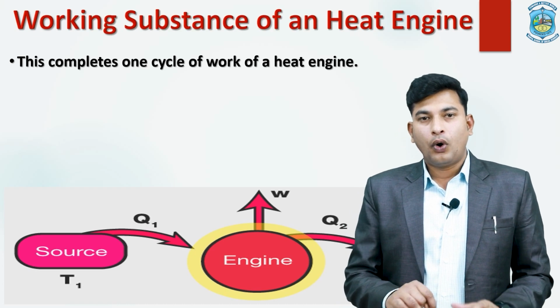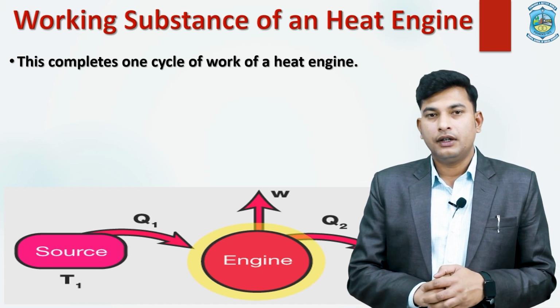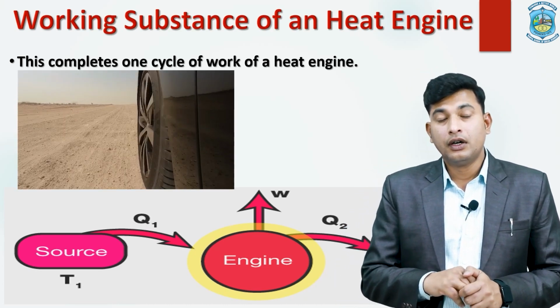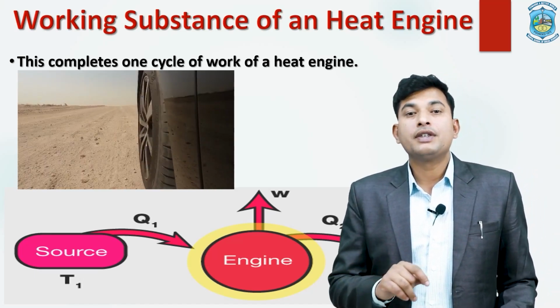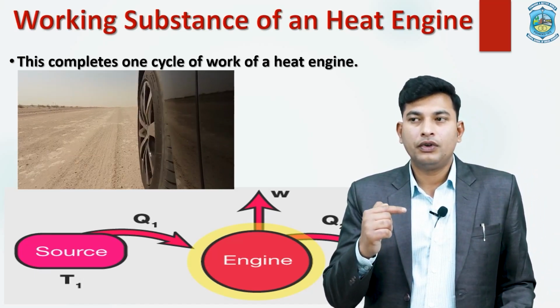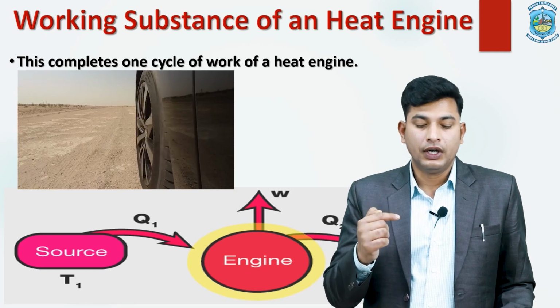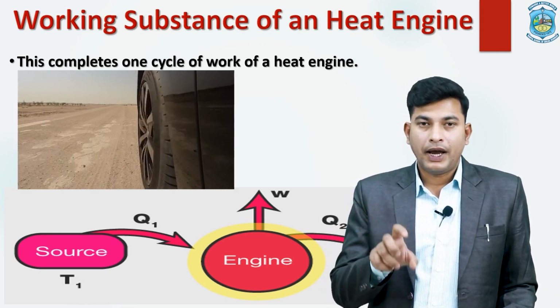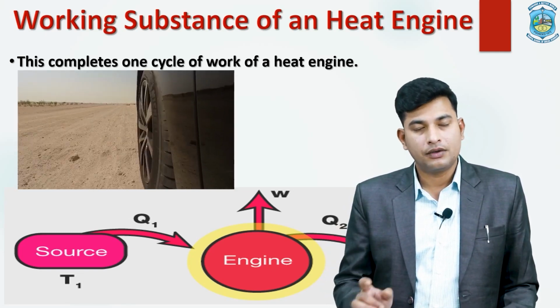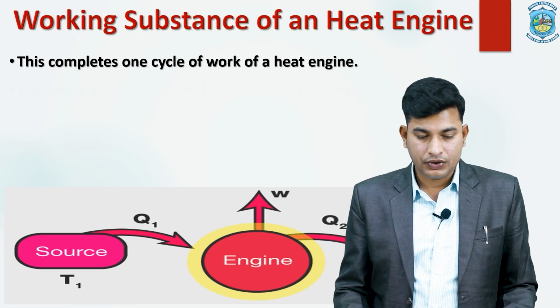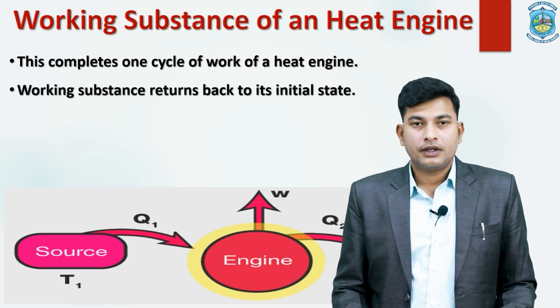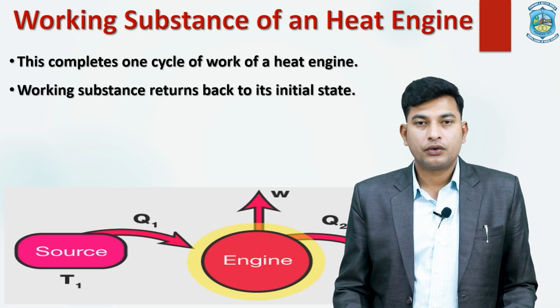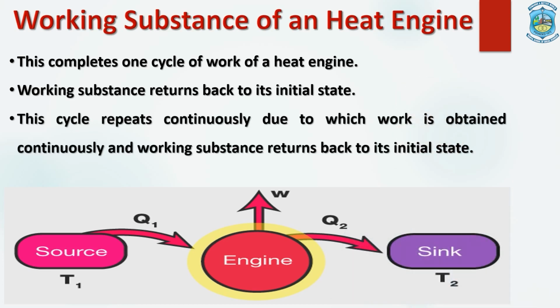This whole process is a cycle, and in this phenomenon the work has been completed one cycle, or we can say that our wheel has been rotated 360° once, and the engine comes back to its initial position. As we have discussed, this is the cyclic process, so that the working substance is returning back to its initial state, and this cycle is continuously repeated, so that we are having the movement of our vehicle or an object,